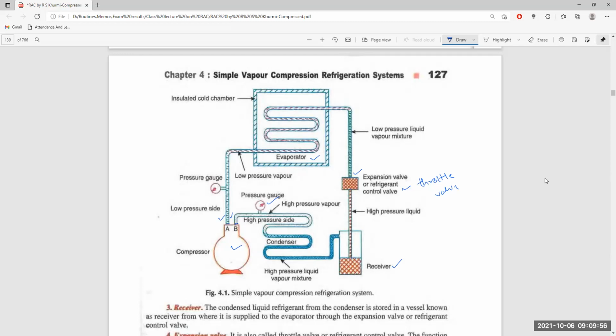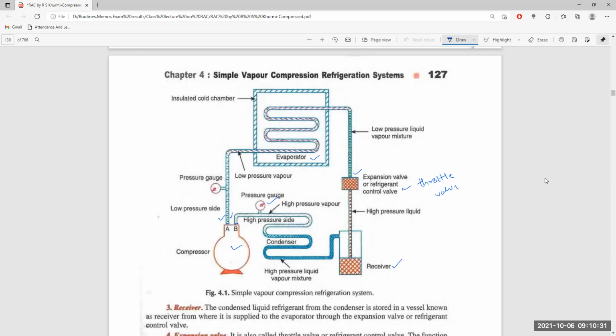Same is the case with the low temperature side or high temperature side. And where this refrigerant is vaporized and where it is in liquid form, that we have to understand clearly at this moment to understand the next problem. From the exit of the evaporator, it is vaporized. In the compressor, it is in vaporized state. Up to the entrance of the condenser, it is in vaporized state. And on the exit of the condenser, it is in liquid state.